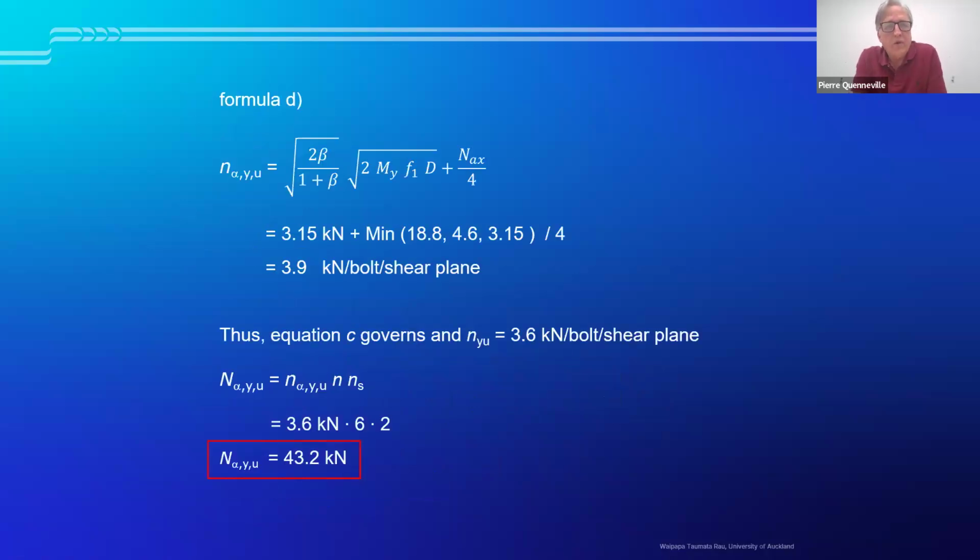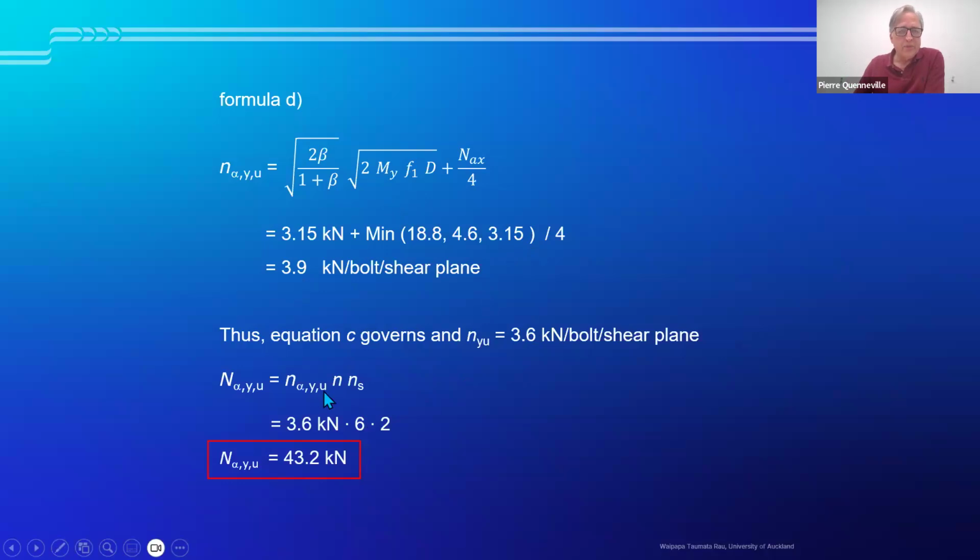The next equation is the one where we have formation of 4 plastic hinges. So we evaluate the left term again. We get our 3.15 kilonewton for that portion, and again get our rope effect evaluation. And in this case, again, it's the 3.5. That's the left term value that governs, and we get 3.9 for the resistance of that case. So it's equation C, a resistance that governs our ductile failure mode,